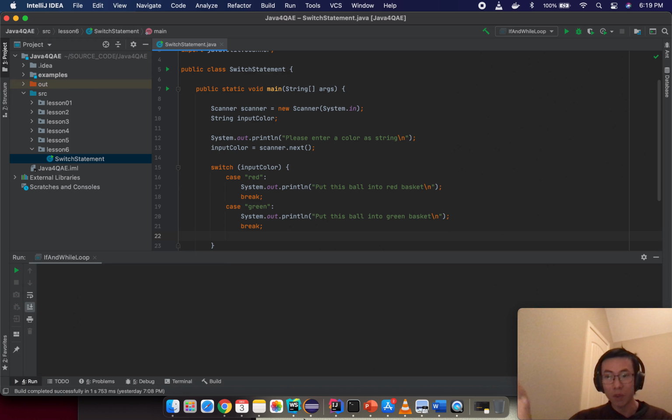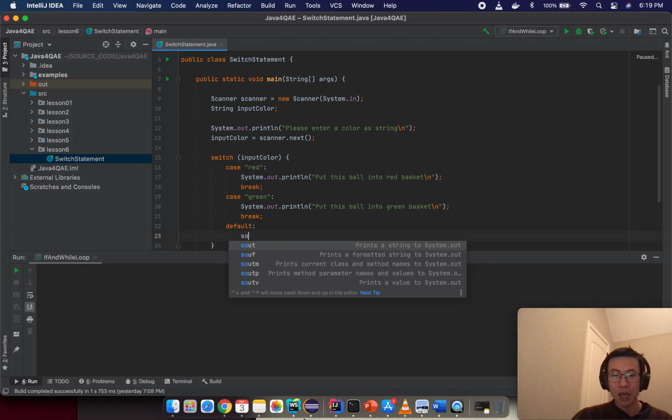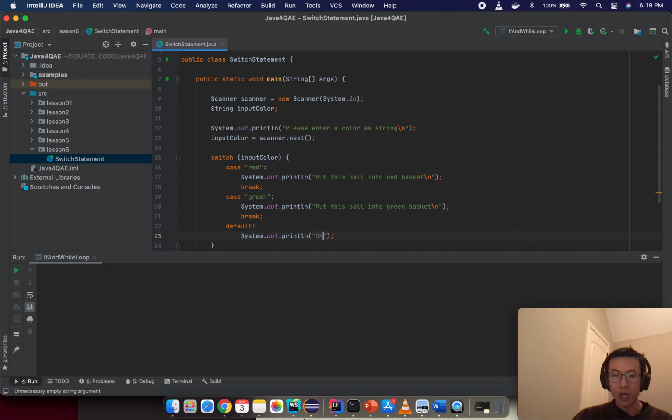Okay, just put it into the red packet. So you call something like default. Default means the input color doesn't match any color here. That means we can have blue, yellow, orange, something like that, and we call default here, okay? And in this case, I will print something like, let's put this ball into black basket, and then I enter to the new line. Okay,